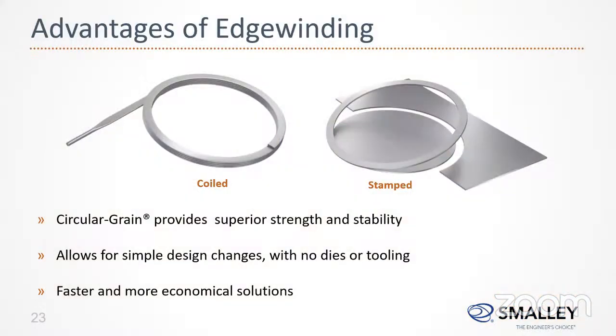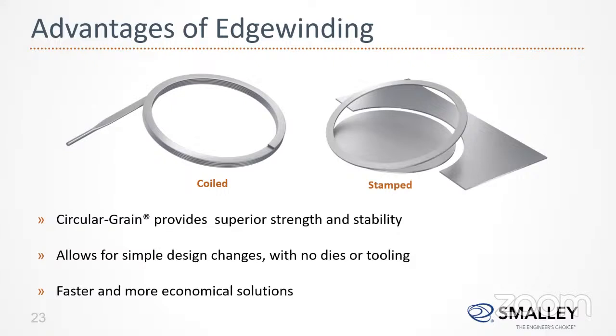So the main advantage of Smalley is the manufacturing process which they developed, the edge winding process. On the right, you can see the stamped process, wherein, as I mentioned, when you stamp the part, you are damaging the grain structure, because the grain structure moves in one direction in the sheet. Once it is stamped and then they form the waves, over a period of time, if you put it in a motor or a pump, it loses its spring force and will not provide the necessary force for the bearing preloading.